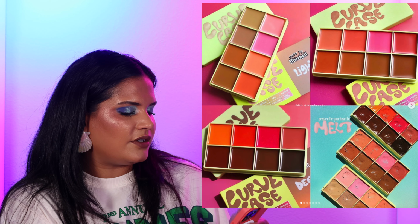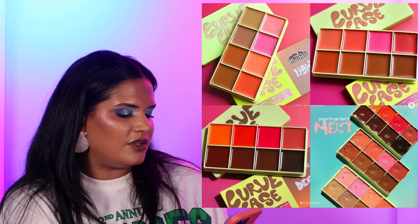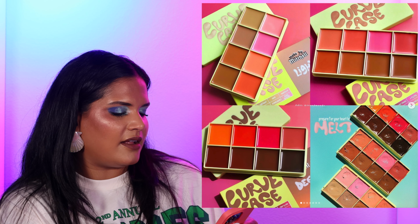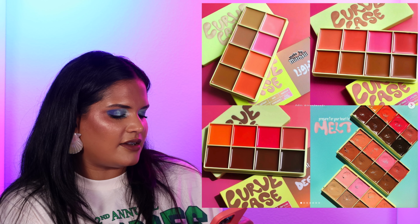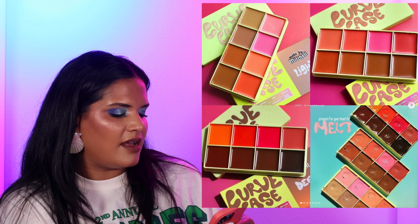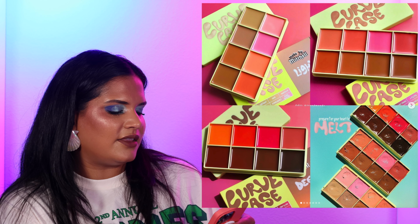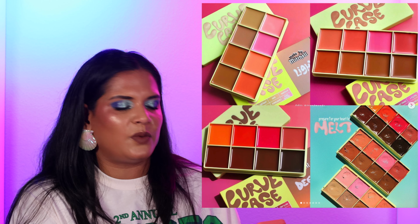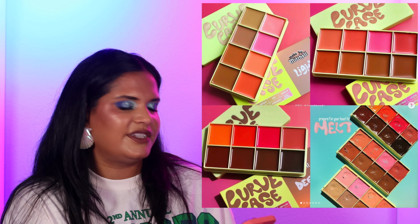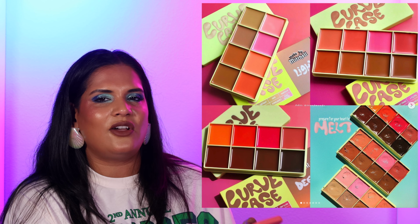We have these Curve Cases cream face palettes made by Mitchell. Each curve case includes 8 colors of the glossy, dewy, creamy formula, giving you a radiant and fresh face glow, with 4 bronzers and contour shades inspired by the iconic Blush Bronze collection, and 4 familiar blush shades, $37.99 each. So I love Made by Mitchell's price point. I think he offers some really good products for a great price point, and I believe he also started as